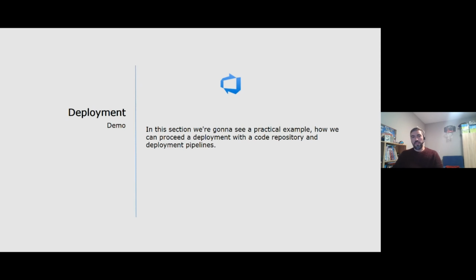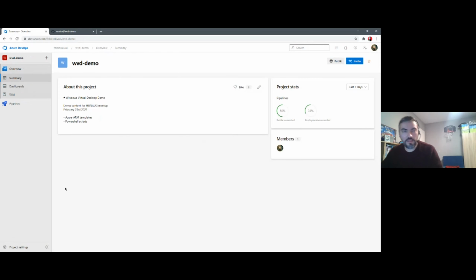And for the automated deployment, I'm going to use the Azure DevOps solution, as it provides integration with both our Azure tenant subscription and GitHub as well. So I'm going to switch over to my browser, and this is the Azure DevOps overview screen. I created a project for these demo purposes, and